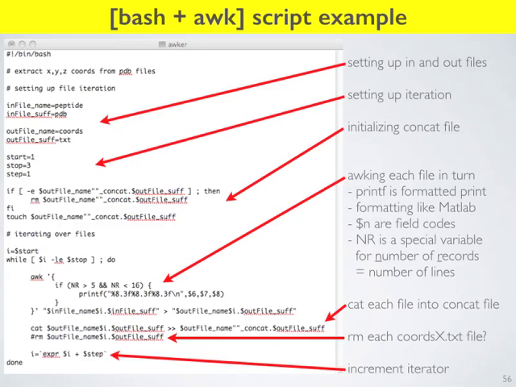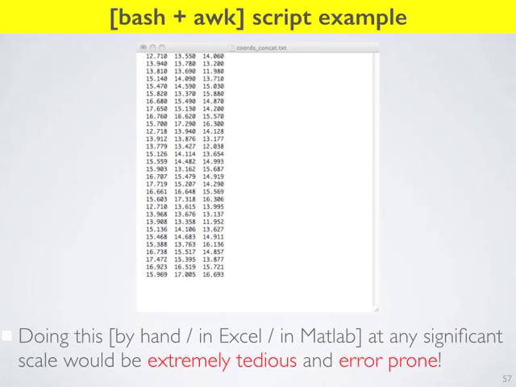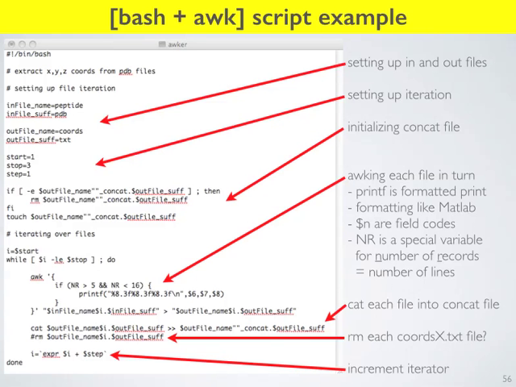Okay, and then the last line of the, okay, so then we're done. Okay, and so the files look like this. Okay, so sorry, I missed something. So right here, we've printed peptide1.pdb to coords1.txt, and then what we do is that we cat, so we read coords1.txt, and we append it to the concatenation file, coords_concat.txt. So we just take all that stuff, and we add it to the end of coords_concat.txt. And we do that for each one of the 3 files.